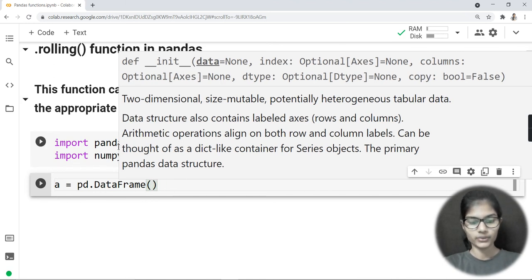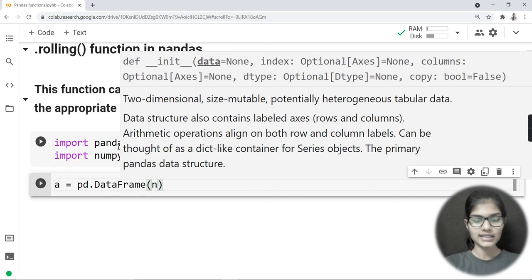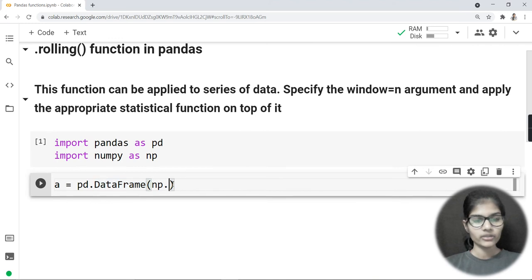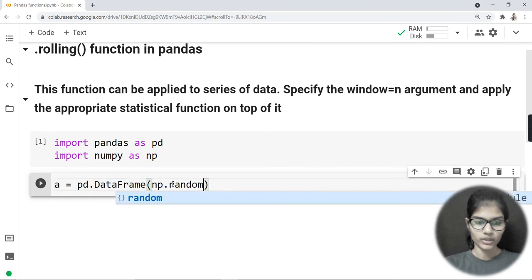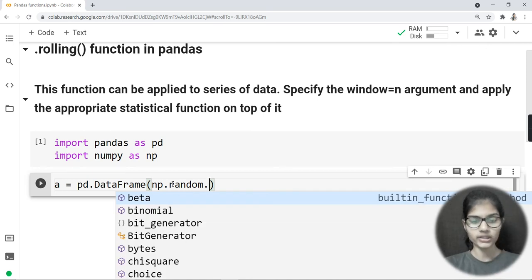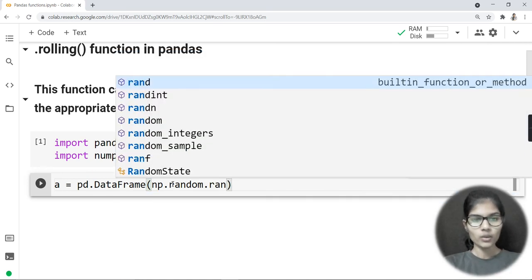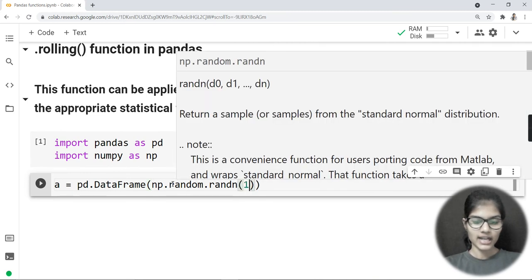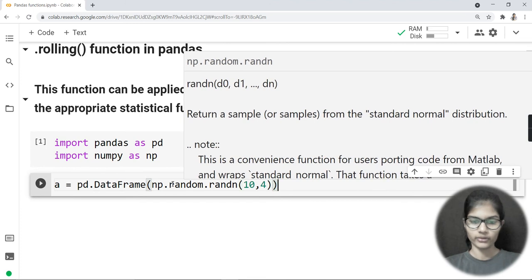Now, as I mentioned that I would be taking a data on my own, I would be needing some random values, right? For that, I would be using my NumPy library. So in that case, I would be writing np dot. Here I would firstly be calling my random module. Now np dot random, and from the random module, what function actually do I want here? I want the function that is rand in, this one. This is basically how I gave it. Now what dimensions do I actually want? Let's say they are 10 comma 4, right?